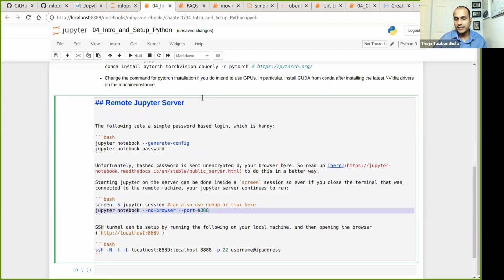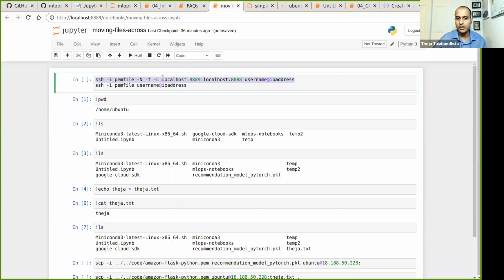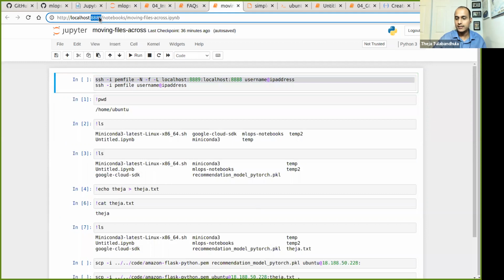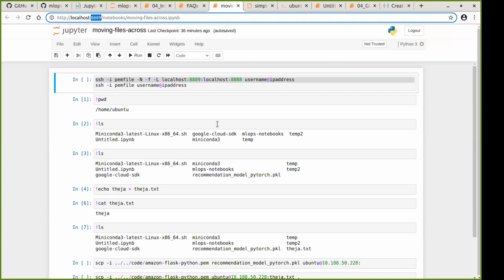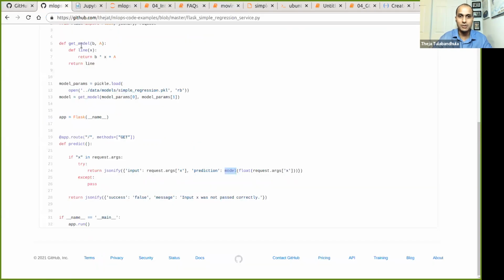So today, all I did was just run this command, opened my browser, and went to localhost 8889. I said, hey, connect to my machine. That's it. And everything that I'm showing in this browser, I'm just running on the remote machine. Okay, thank you so much. Yeah. So nothing is running on my local machine. And of course I'm just using URLs.